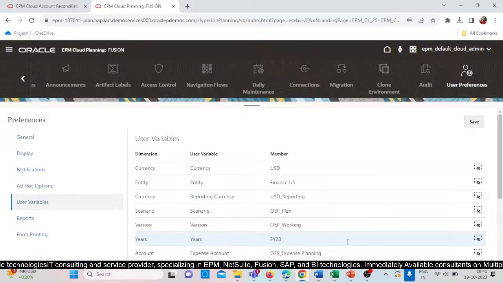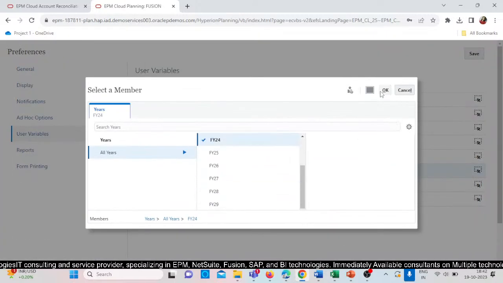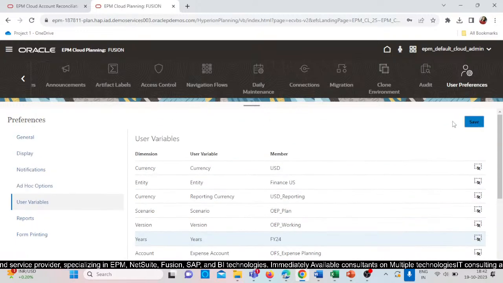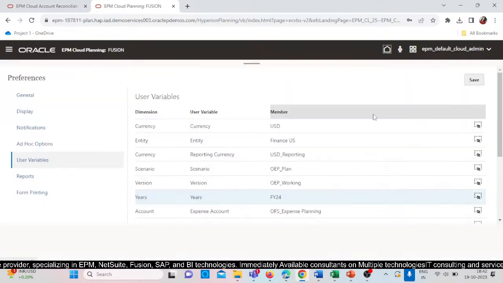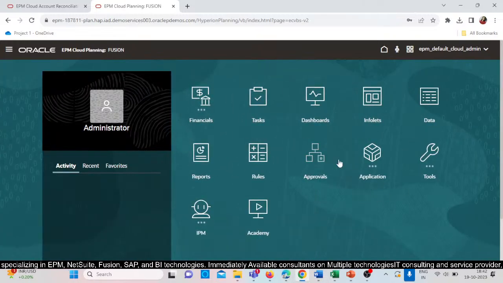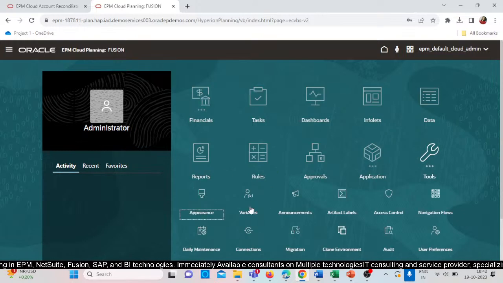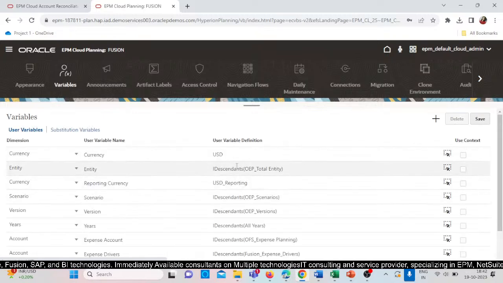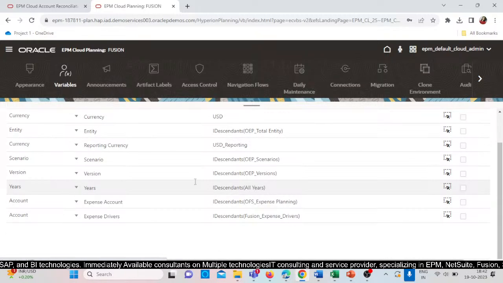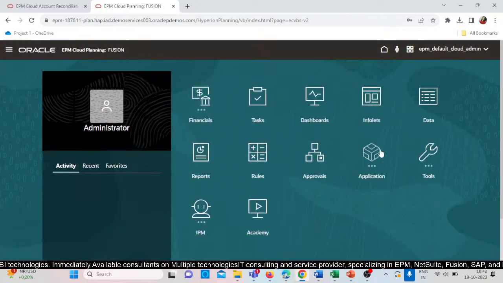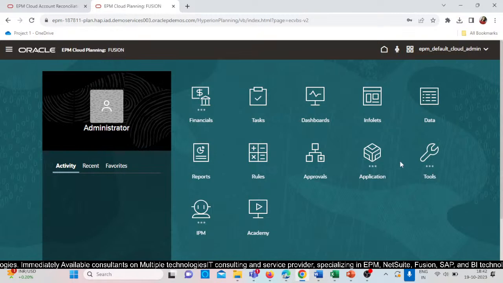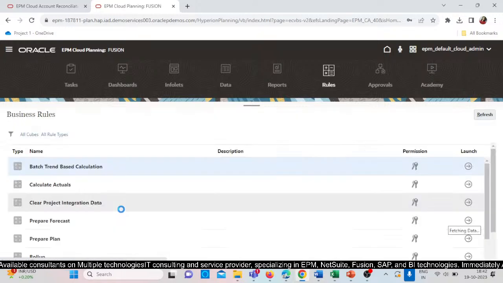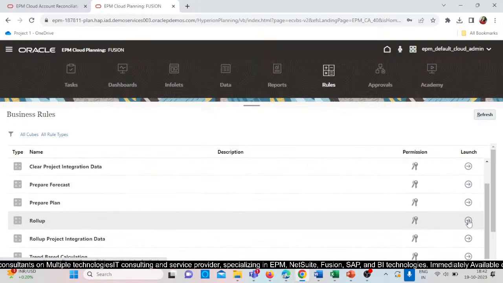Here I am changing the year. Save. Here, Descendants of All Year is already selected, so no need to do anything else. Now we have to go to the rules and from here click on Roll Up,